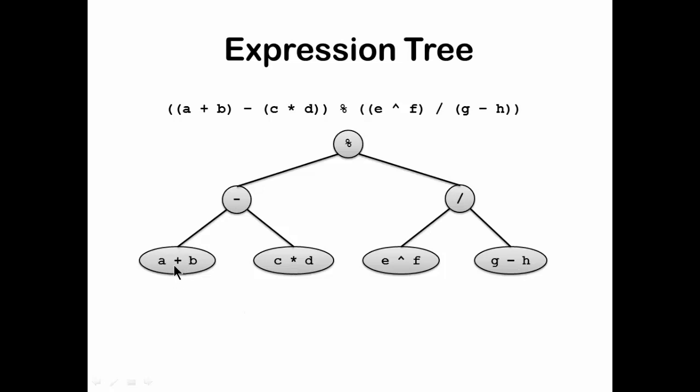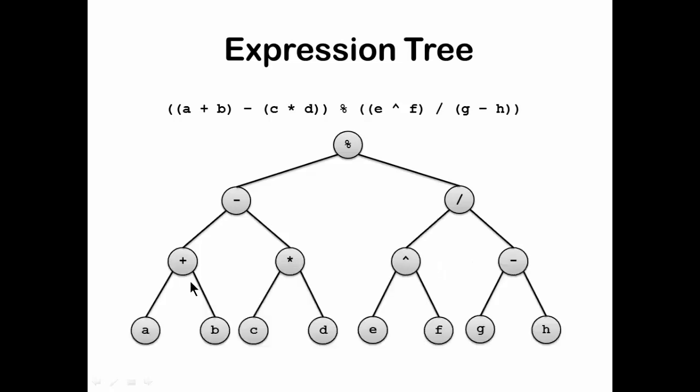Now from here you can take out the operators, because the condition is all the operands should be the leaf nodes and intermediate nodes should be the operators. Now since you have got one operator per node, so you can make them as a node and the leaf nodes would be the operands. So this way you can create an expression tree for any given expression.